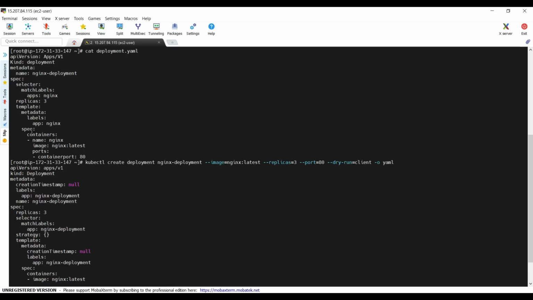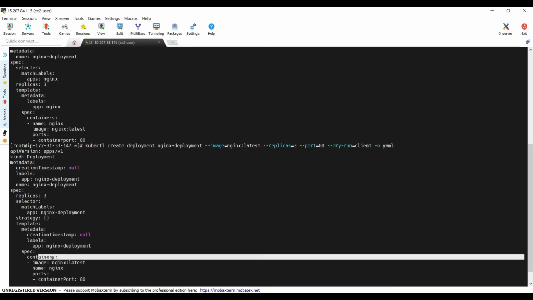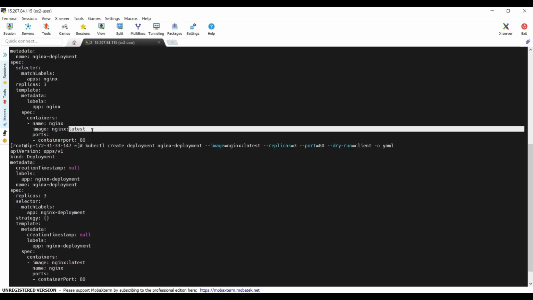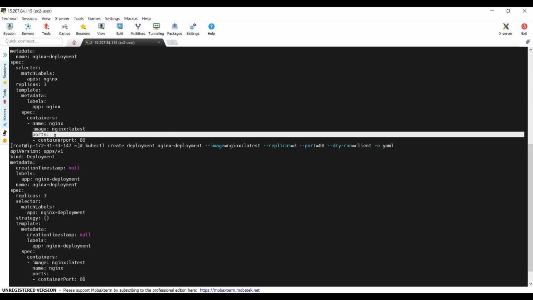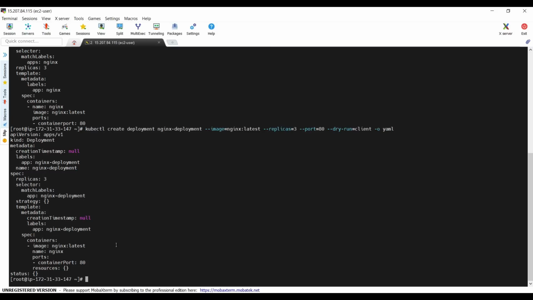And in the specifications, the container spelling is also correct. At the same level, name is nginx, the image is nginx:latest. All are fine. Ports, the containerPort, here the P should be capital. So we identified 5 problems here and we are going to fix them. Okay, so vi